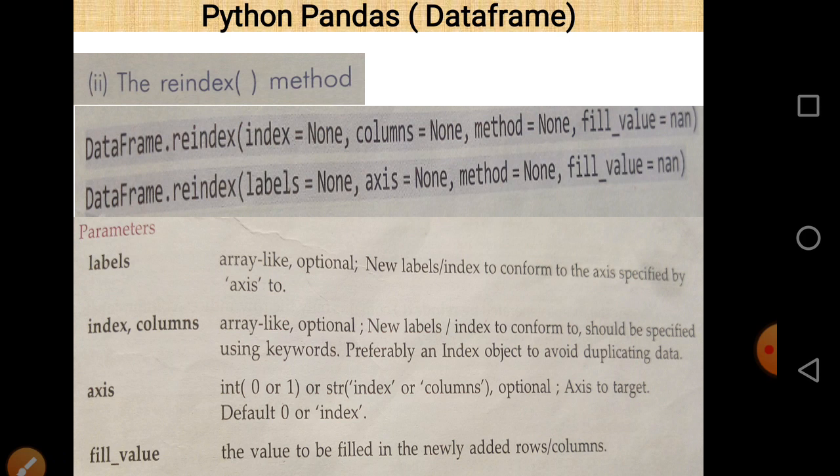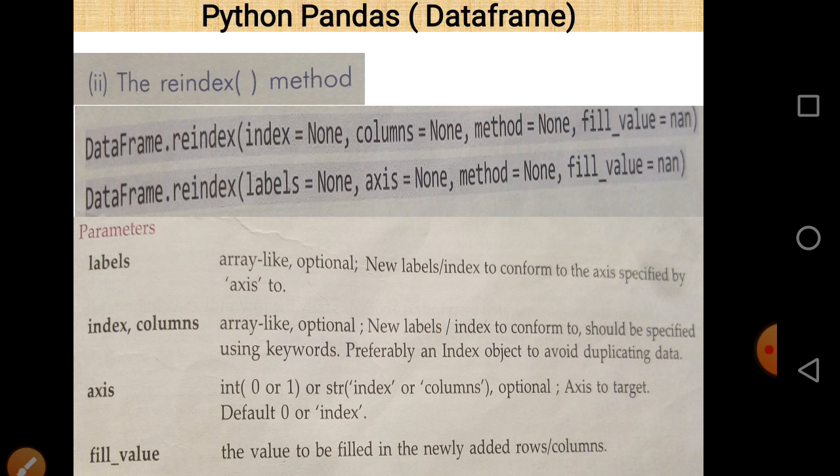Its syntax is, first of all, write the data frame, then reindex, and then the parameters: index, columns, method and fill value. Or you can use labels, axis, method and fill value also.